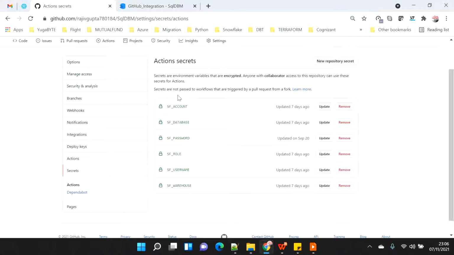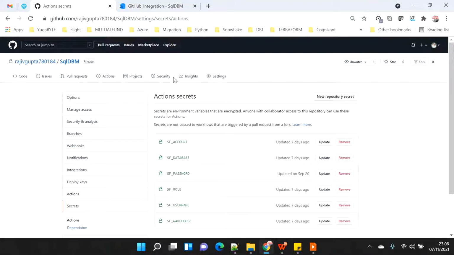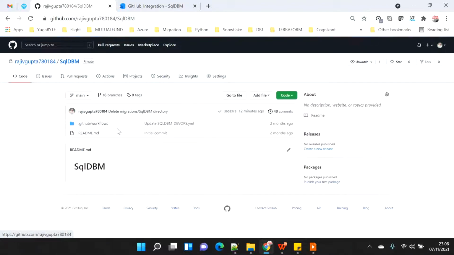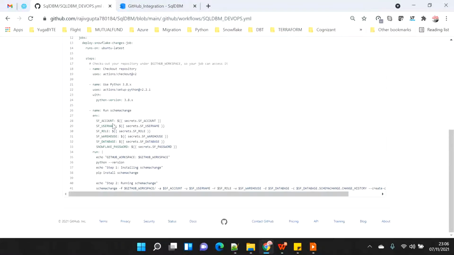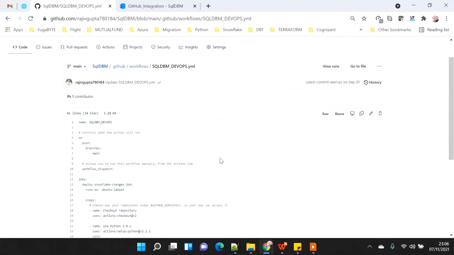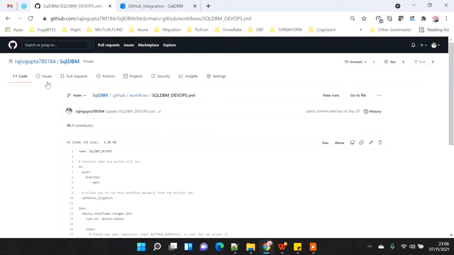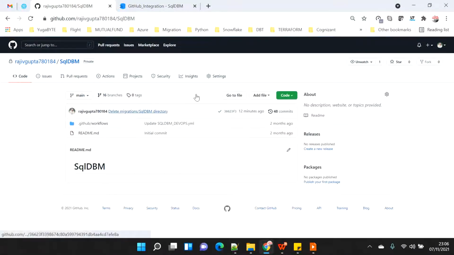All these things are already provided as secrets. The same ones will be used in the YAML script under the GitHub workflow. If you see here, in my YAML script I am using all of them as parameters. So let's go to the code commit.